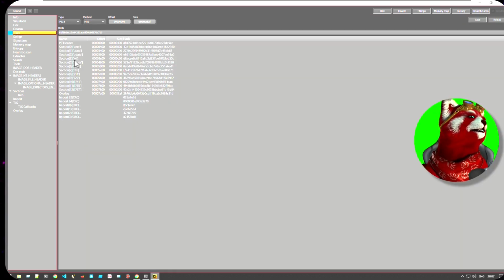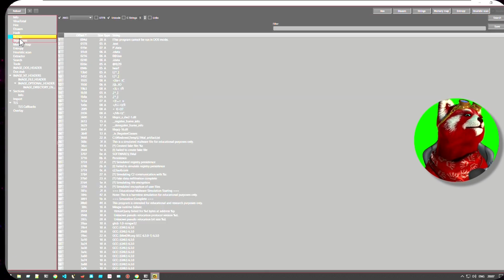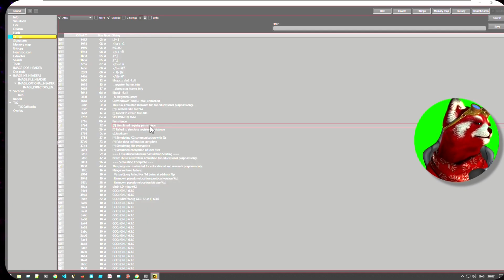We'll go directly to the hash. Here you can see the hash. The method is MD5. If we click on SHA-256, we get to see the hash now. The strings. Under this also at the top we see "This program cannot run in DOS mode." And if we go through it,